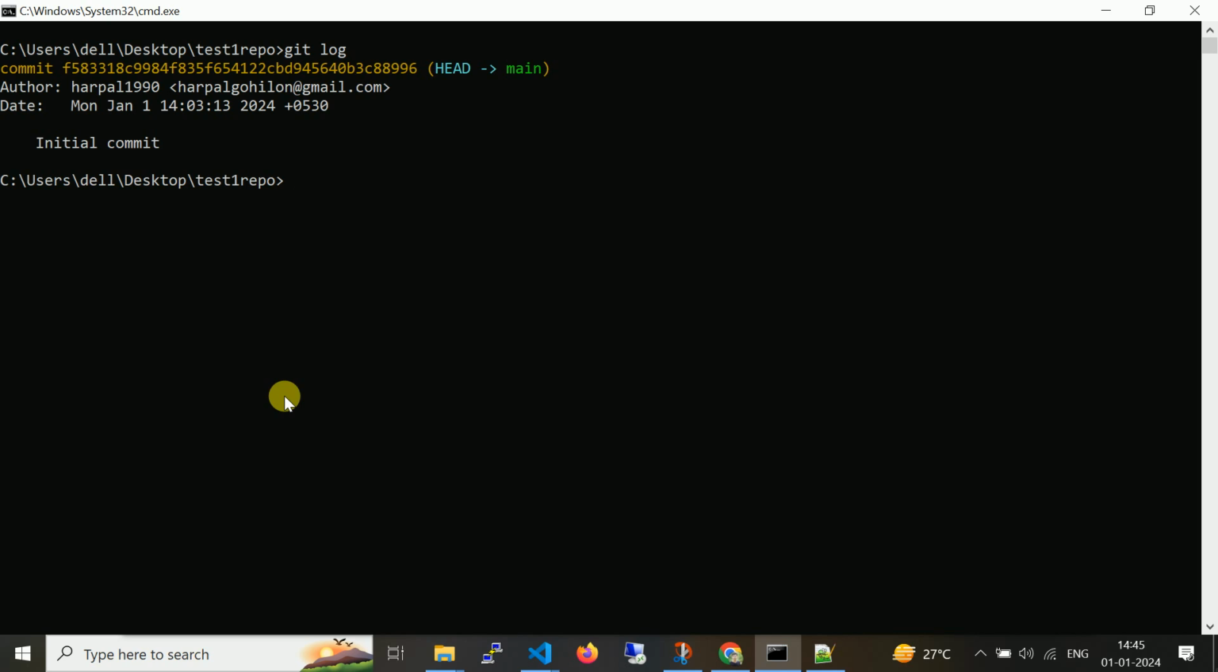If it is not working and it shows an error, you can also run the command with --hard: git reset --hard and the commit ID, the commit hash. It will be used to reset your commit to exactly that particular commit ID. Okay, now